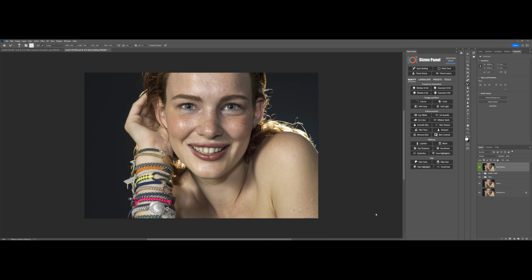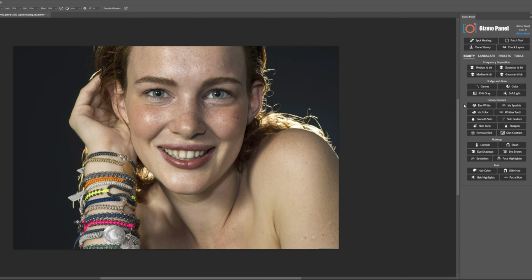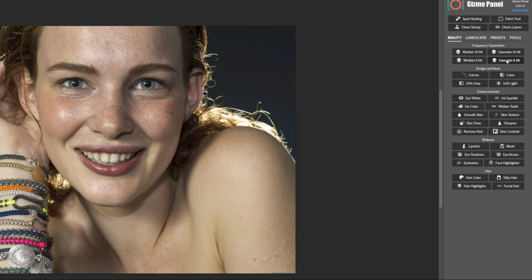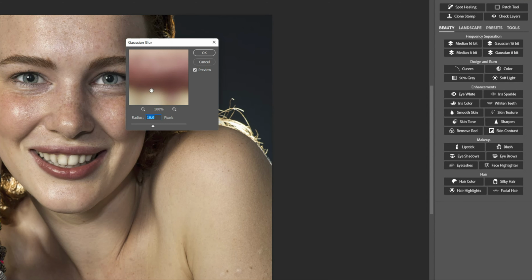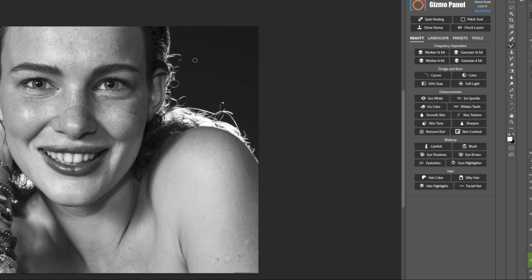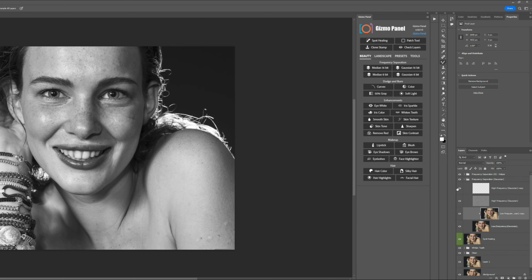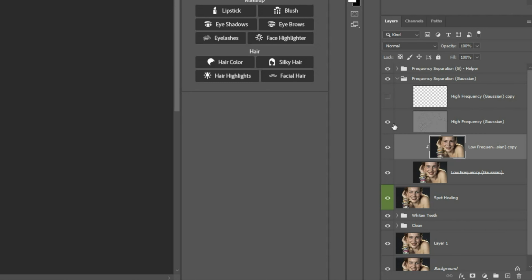We're now going to use the Gizmo Panel to help us with our frequency separation. First, we'll click on the Gaussian 8-bit button. A message will appear asking us to select a Gaussian radius. We'll click Continue and then enter a value of 12 pixels for the radius. Once we click OK, the Gizmo Panel will create 2 low-frequency layers and 2 high-frequency layers, along with a frequency separation helper layer. We will begin our work with frequency separation by hiding the high-frequency layers and selecting the low-frequency,